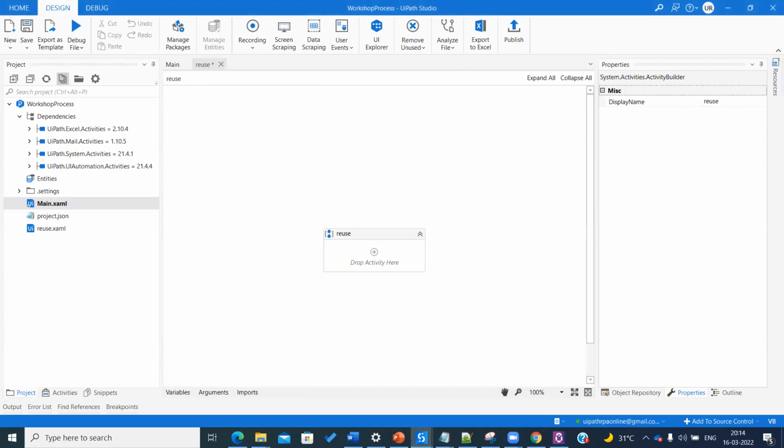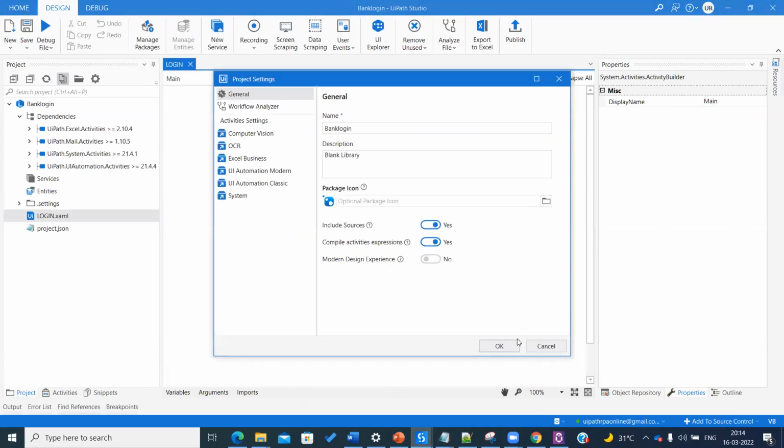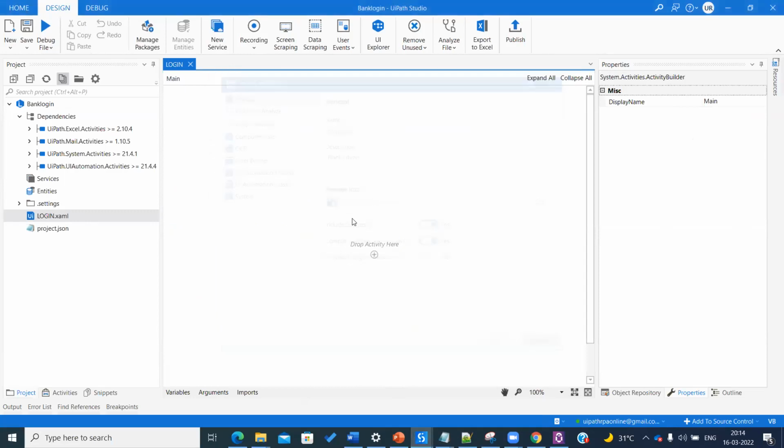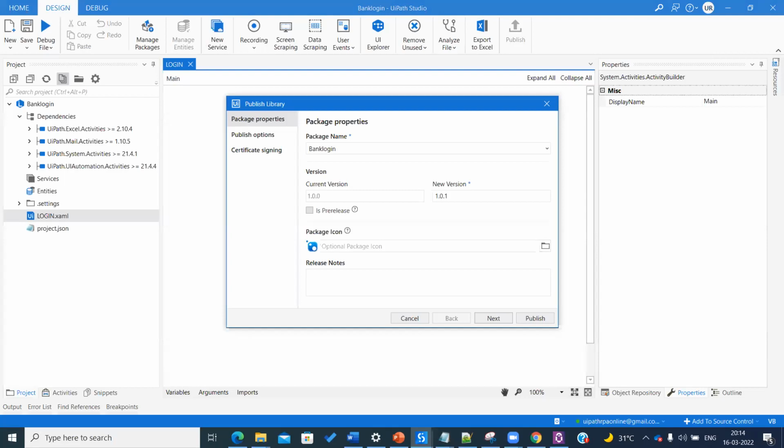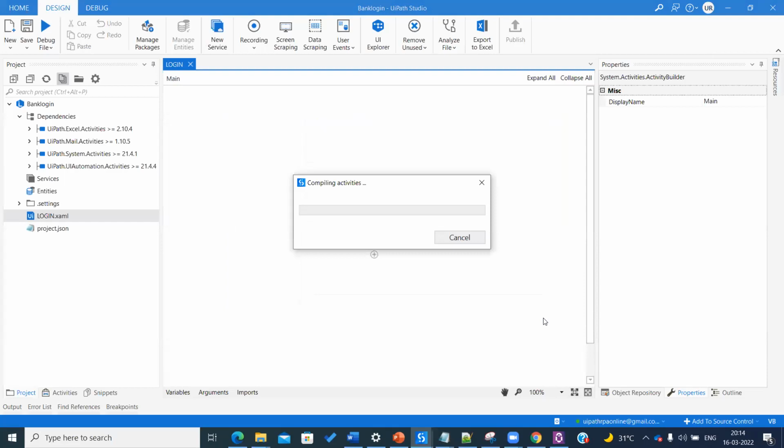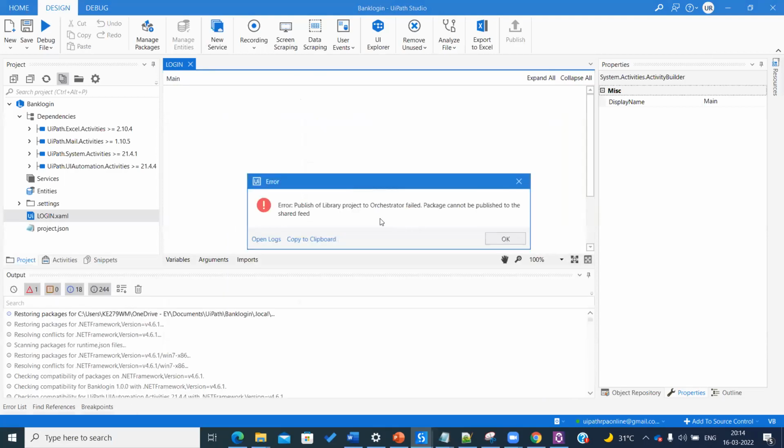You create that library, you do that development activity, and then publish it. Okay, so now I'm saying publish it just for your reference. And again, the new version, I'm saying login added, and then I'm saying publish. So what I'm trying to say here is in library also the same procedure. It will again compile, make sure everything is properly there, and then the package can be published to shared. Okay, that's a different thing.